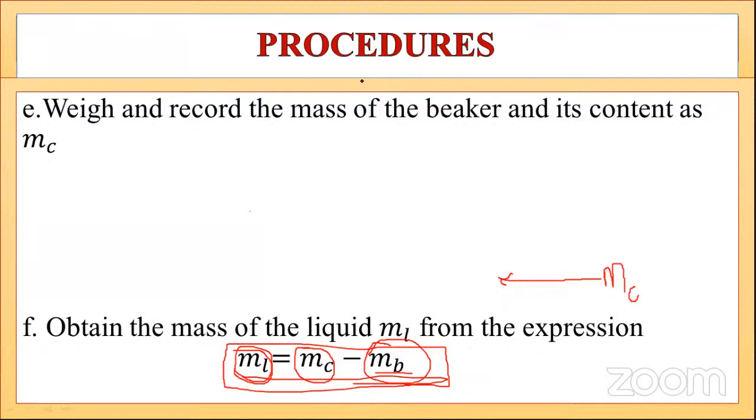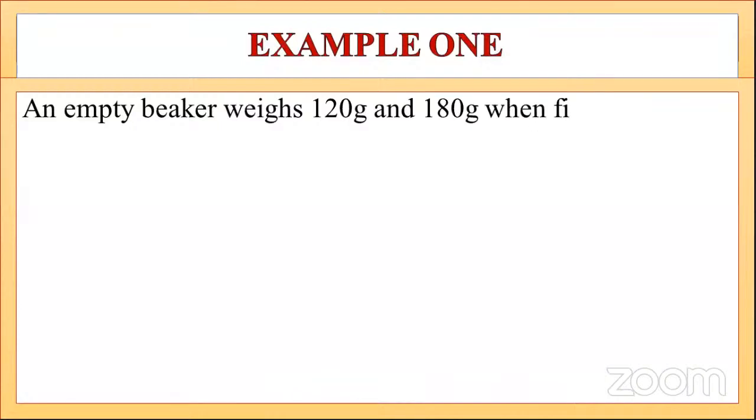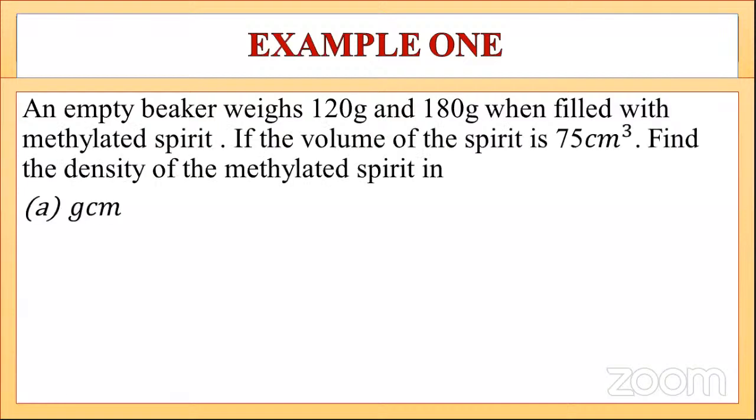Can we go to the calculations? Yes. Okay. Good. Let's go and see calculation number 1. I want us to be careful on calculations, okay? Who can read for us the question? Okay, read. An empty beaker weighs 120 grams and 180 grams when filled with methylated spirit. If the volume of the spirit is 75 centimeters cube, find the density of the